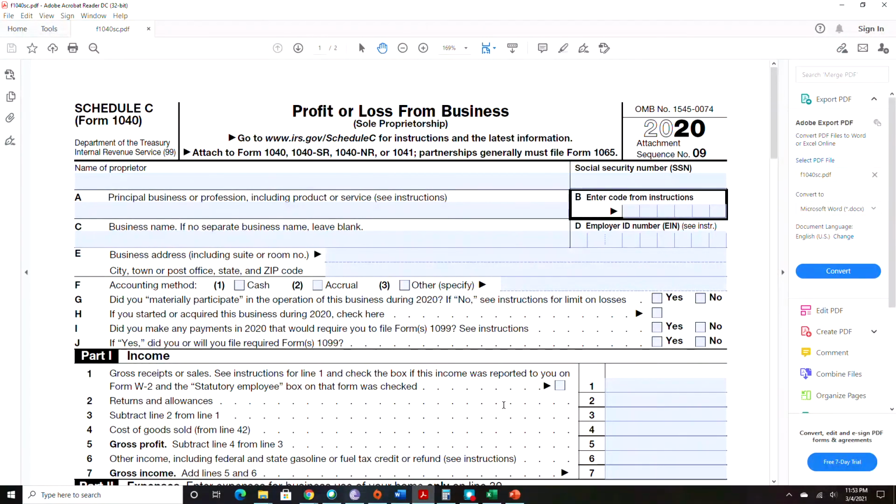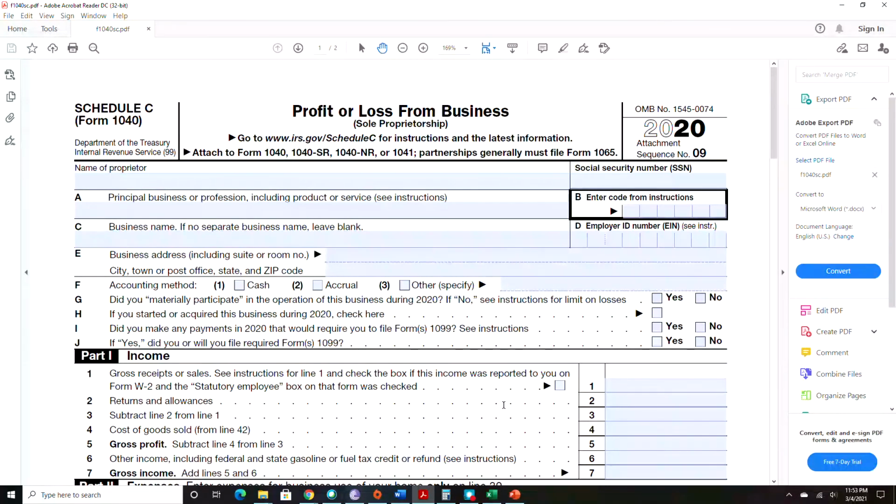So here is the Schedule C. Again, you can go to the IRS website if you want to pull one. I would strongly say, anytime we're messing with any forms, to go to irs.gov and look up the forms, because there are always instructions, and the instructions are actually pretty good. Alright,